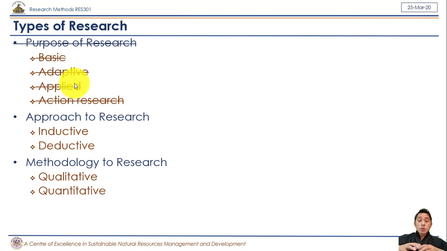If you feel that you want to do a basic kind of research, that's called basic research. If you feel that you are going to do a thesis to adapt any kind of method or technology and to use that as a superior technology or method, then that's adaptive. If you feel that you're going to do your thesis on the application part of the already generated basic research, then that's applied research. If you feel that you want to do some action research on some problem, on some research area, then that's action research.